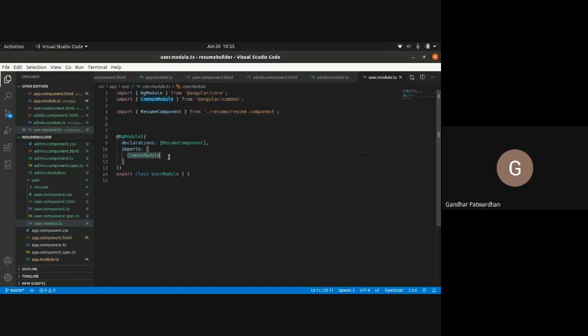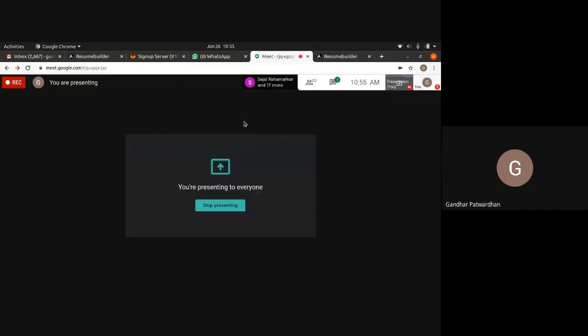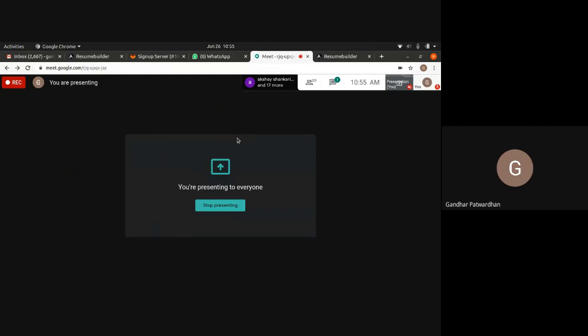Import router file यूज करना, path बनाओ resume component ये यूजर में, right? And user/resume इसके थ्रू resume component जो है वो दिख जाना चाहिए, right? That is our focus. That's what we should do. ठीक है, कर लेंगे।